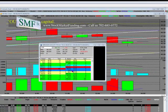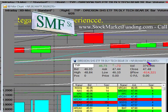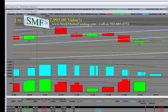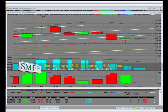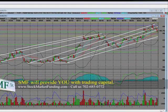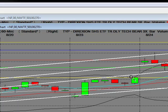So basically what we want people to know that have been trading this name is that when the Apples and the Googles and the technology is selling off, that's the time to be in the actual bear. So basically we got our entries down here. When I take a look at the last area of this breakout on 823, this is where the breakout started